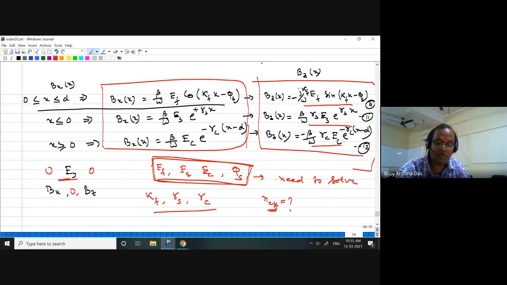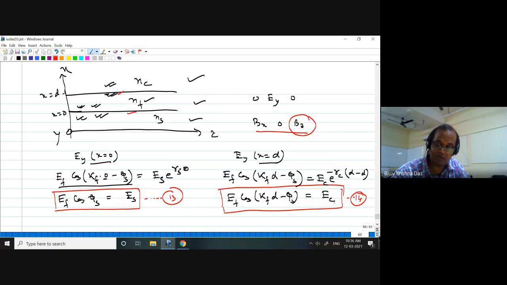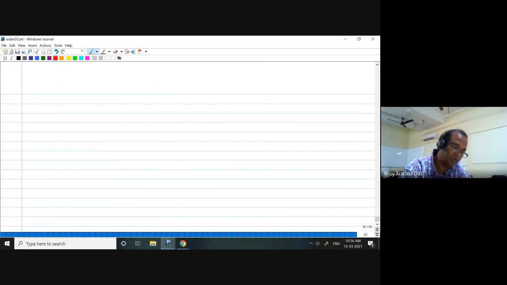These are the equations, and again I can use the boundary condition the same way at x equal to 0. I will be comparing this one and this one, right? That is actually x equal to 0. They should be equal. If I just put x equal to 0, they are equal. That means I am getting sine phi s minus sine phi s, minus minus plus. So I will be writing that way. So I think there, if I write correctly, I write,